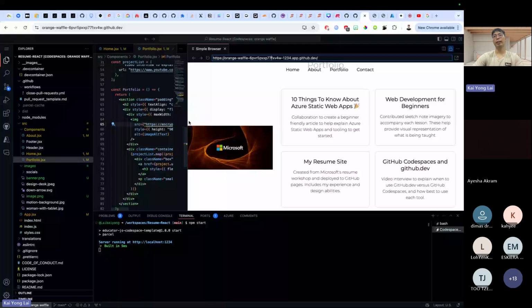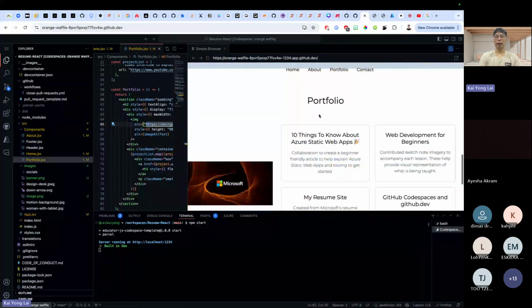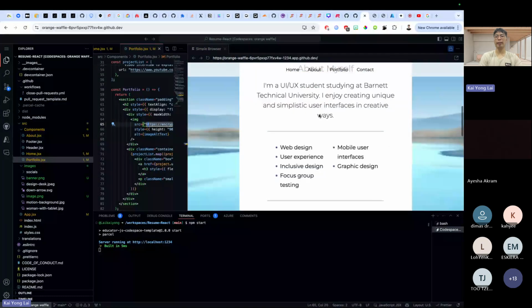So if you are using a static file, you will need to import it. That means if you are using a file that you downloaded, you need to import it. If you are using an online file, you just need to attach the HTTPS or HTTP or some FTP link into the src. All right. So yeah, we have changed the image, and our last item is